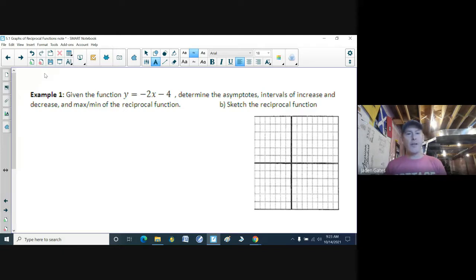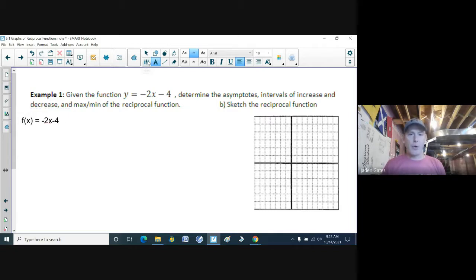All right, so given the function y equals negative 2x minus 4, which is a nice little linear equation with a y-intercept of negative 4 and a slope of negative 2, determine the asymptotes, intervals of increase and decrease, and max and min of the reciprocal function, and sketch the reciprocal function. All right, so here we go. Try out one of these. So f(x), our original function,